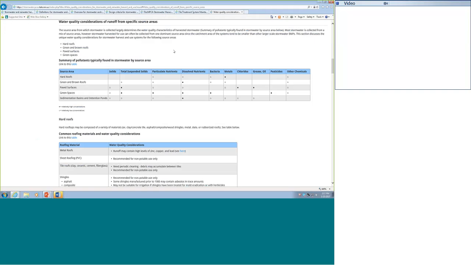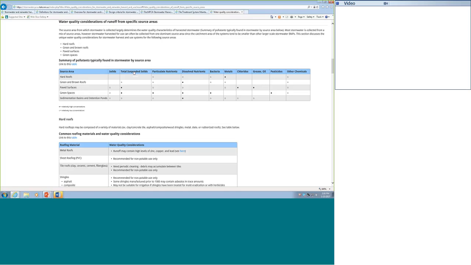Okay, so that top section is just some general summaries of water quality, and some of it links to other sections in the manual. That is not new. But here we, again, wanted to talk about how it really depends what your source area is. And again, we've kind of defined these 4 different types. But as you see in this table, this is going to look very similar to that table in the overview